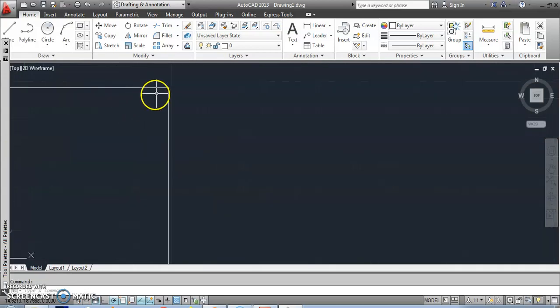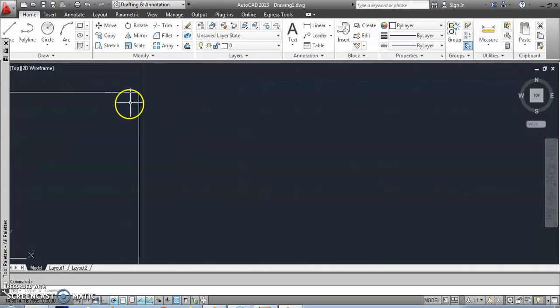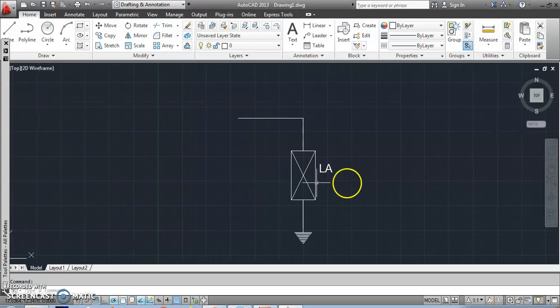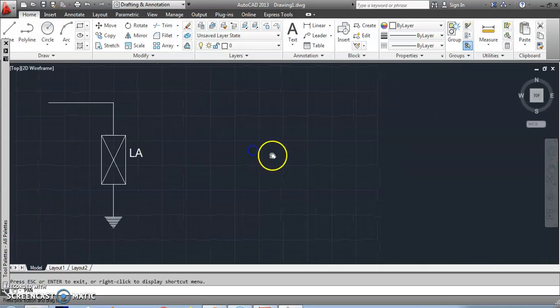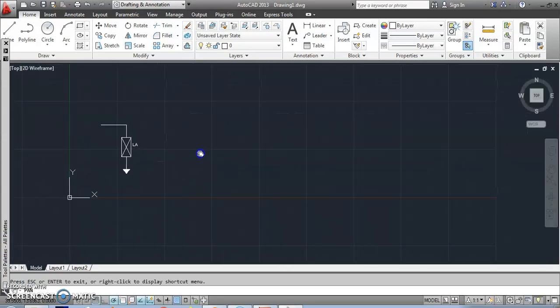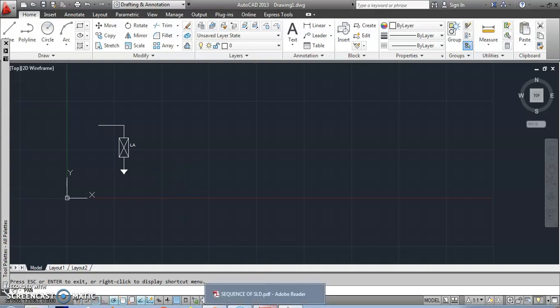Okay, see, it's not connected. Clearly it is connected now, right? Fine. Next, after lightning arrestor, what we have? We have condenser coupling or coupling condenser, or capacitor condenser also you can call.